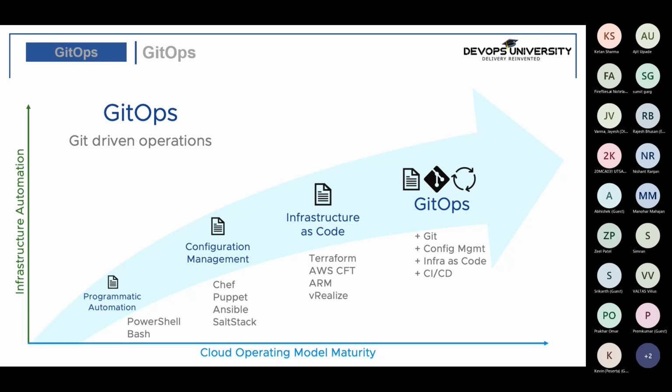Then we got very popular tools like Terraform and CloudFormation. So we started managing the infrastructure as code, and now we have got the GitOps here. It is a purely cloud-based service, which is basically helping us to manage the Git. Git is definitely available there, but apart from that, if you want to do the infrastructure as code or CI/CD pipelines, that's also something which we will be able to do over here. So that's a cloud maturity that over the period of time evolved one by one to a next level where we started getting the benefits.